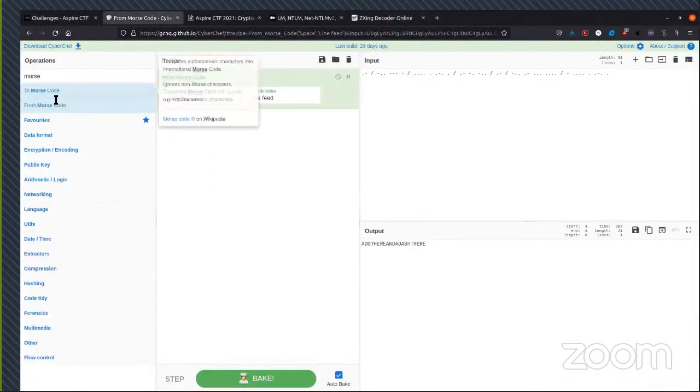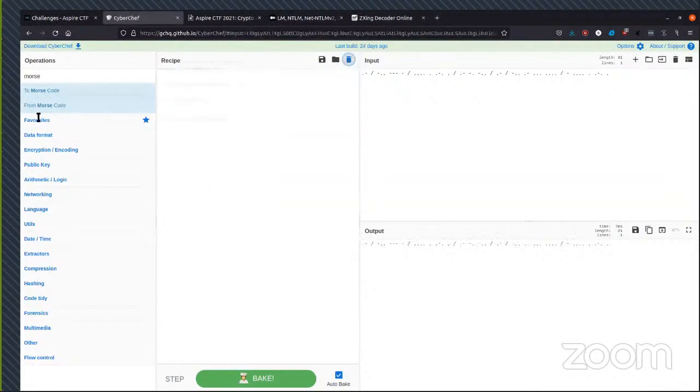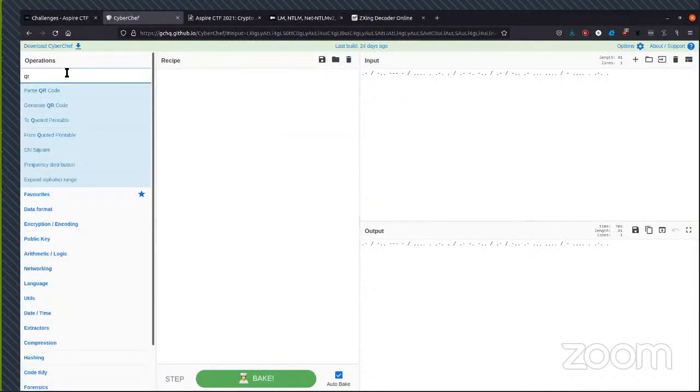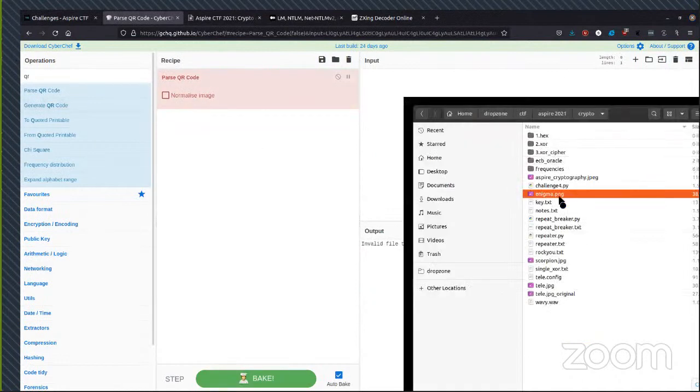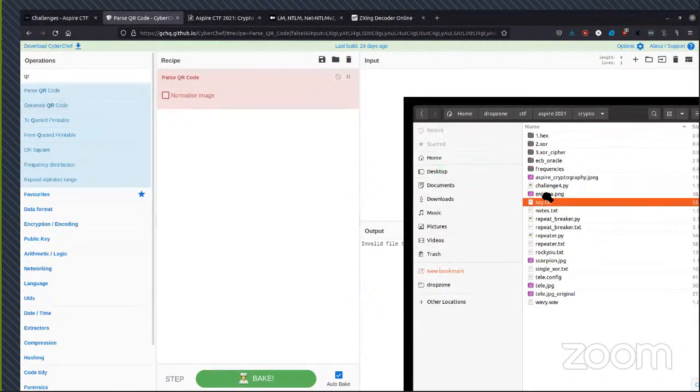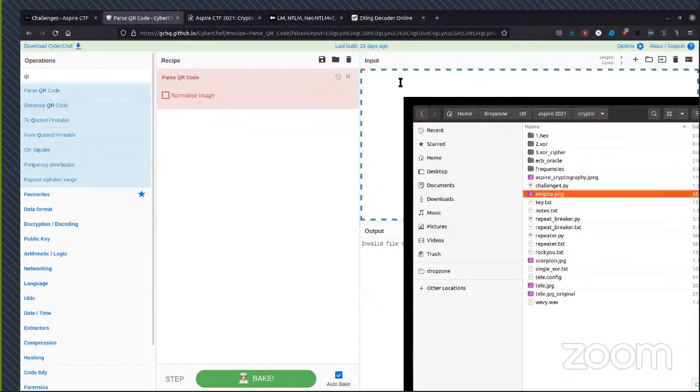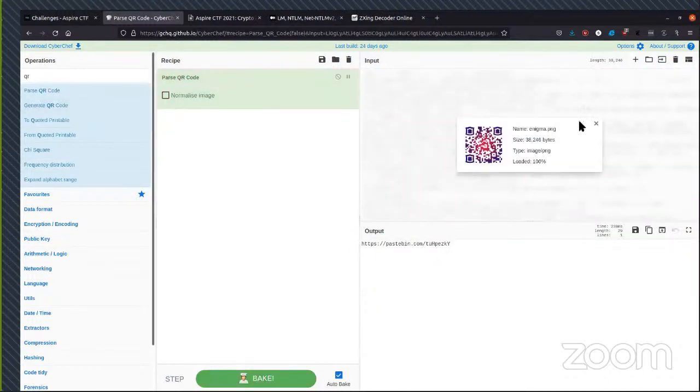But let me show you how you can also use CyberChef to decode QR codes. So you can search for Parse QR Code. That's the name of the function. Then we'll just drag that file here as the input. So it immediately decodes that for you. And this is what is in the QR code. So if I copy this and go to this site,